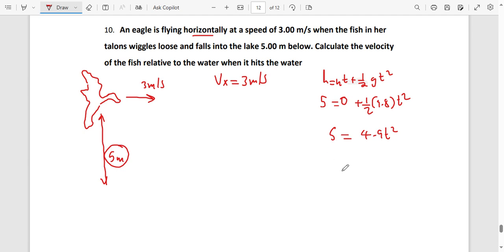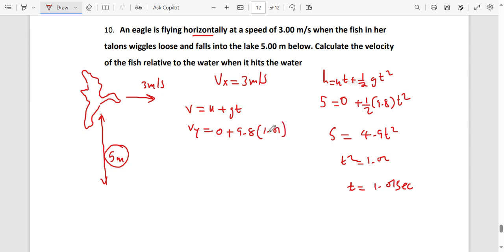Then we'll divide both sides by 4.9. So t squared is going to be equal to 1.02. We square root both sides, so the time is going to be 1.01 seconds. Then now we can say v is equal to u plus gt. This is actually vy. The initial velocity in the y is 0 plus 9.8. The time it will take the fish to hit the water is 1.01. And so vy is going to be equal to